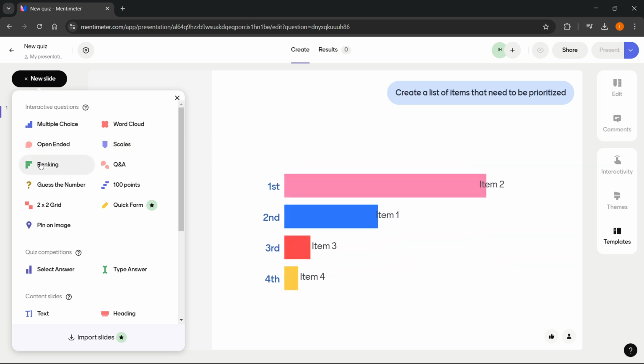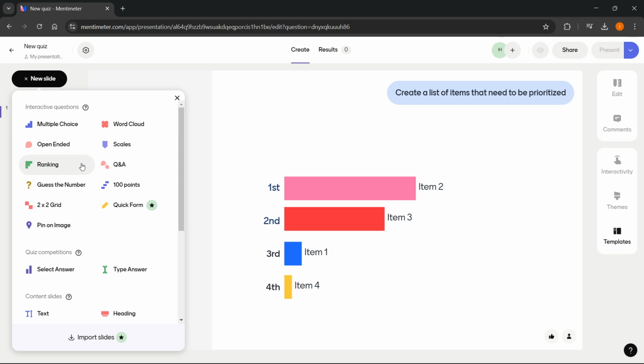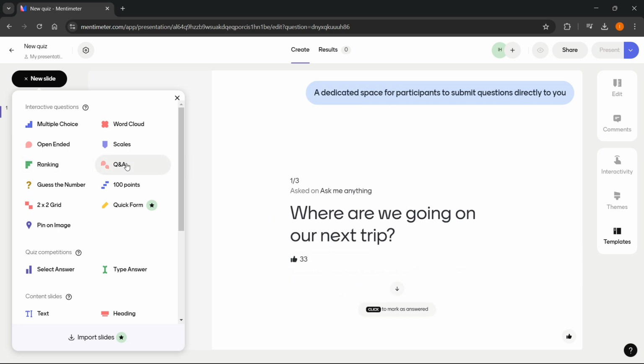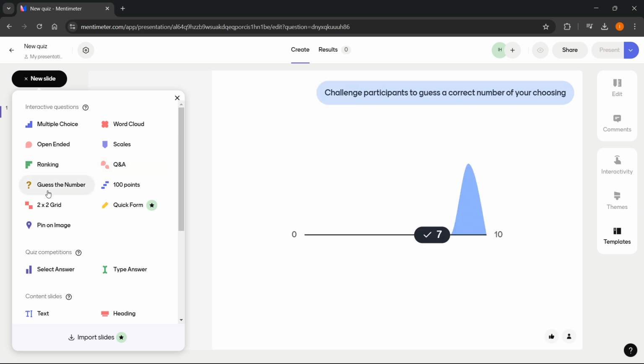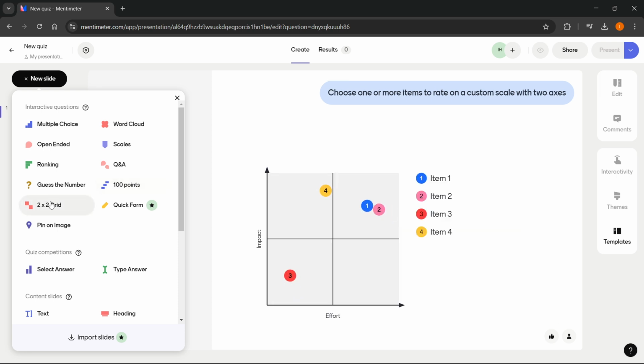You have ranking, where people have to rank stuff by first, second, third, fourth, or whatever you choose. You have a Q&A, so it's basically a Q&A questionnaire. You can guess the number, so you've got the guess the number option, and then you have the 100-point. So you have to distribute 100 points across multiple items. You have the 2x2 grid, where you have to choose one or more items to rate on a custom scale